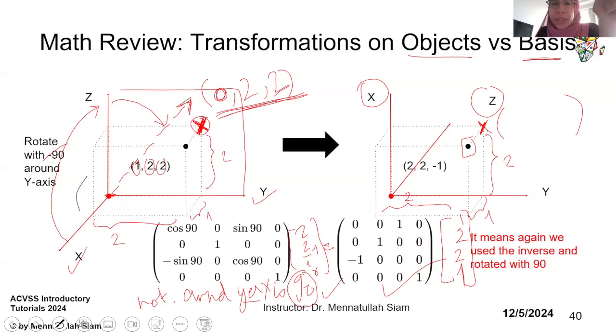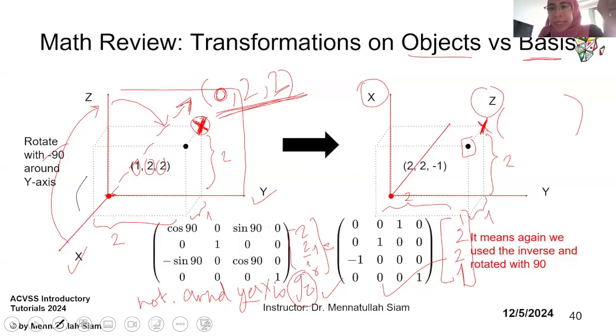So think of the coordinate system. This is how you look at the object. The object itself hasn't changed. All right. But it appears to have changed because our axes themselves have changed relative to the object. So the perspective has changed. Yes. So now this point, you see this red